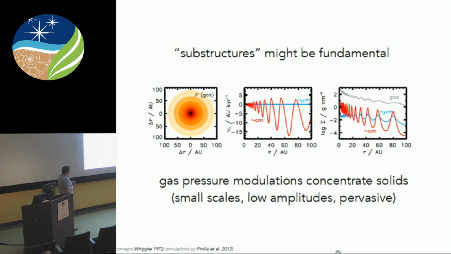And the neat thing is that you get these centimeter-sized particles concentrated on small scales, but at high densities out to large radii, right? And so the typical resolution I've been showing you has been something like 20 AU. So that's like 5 beams across here. If you convolve that with a Gaussian beam 5 times, you basically see a smooth distribution in the data, and you wouldn't know that you're trapping all these particles in really fine little spaces, and that might explain exactly what we're seeing.